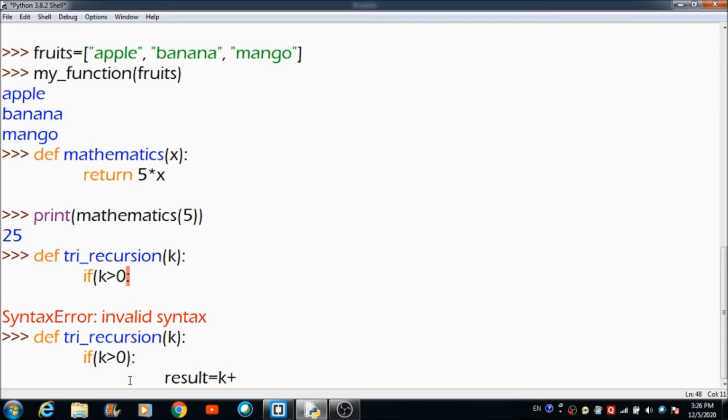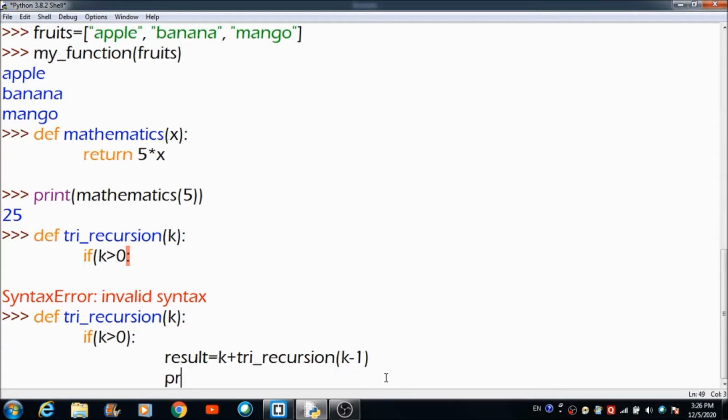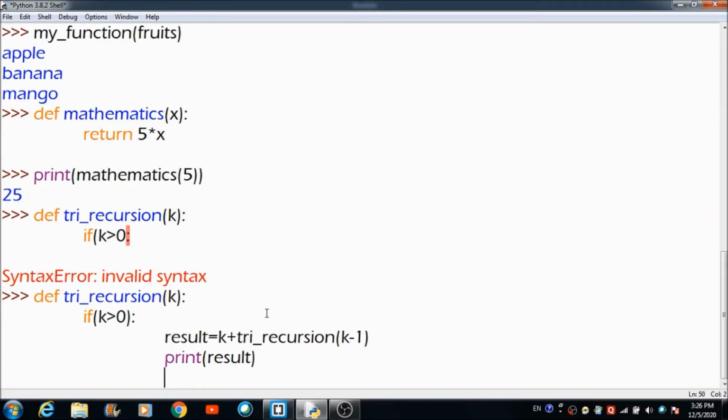So k plus, let's make use of this function try_recursion. So we are making use of the same function within this function. Inside this function we are making use of this function again. This is recursion. Let's say k minus 1. And finally, once the result gets calculated, I would like to print the final result. So this will happen if k is greater than 0. And else,